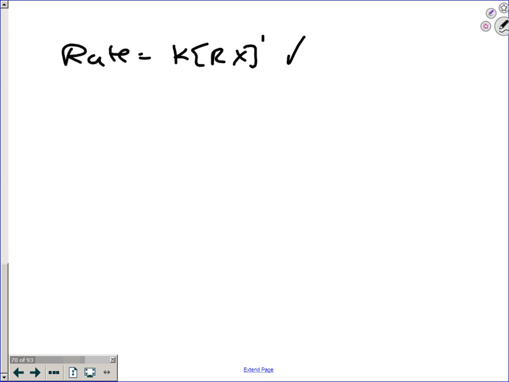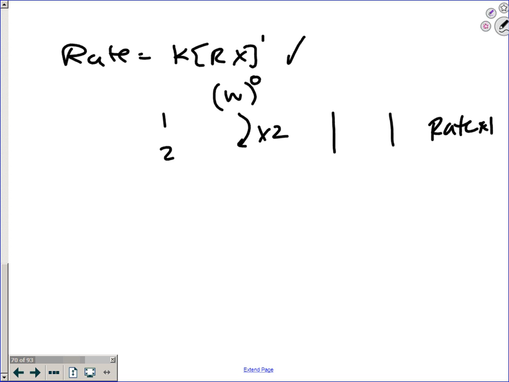Okay, so from trial 1 to trial 2, it looks like W was multiplied by 2, X was staying the same, and Y was staying the same. And the rate did what? It didn't change, right? So it was just basically multiplied by 1. So this W has to be to the 0 power, because it's the only way you're going to get a rate to not change when you change this concentration. So W is to the 0 order. From trial